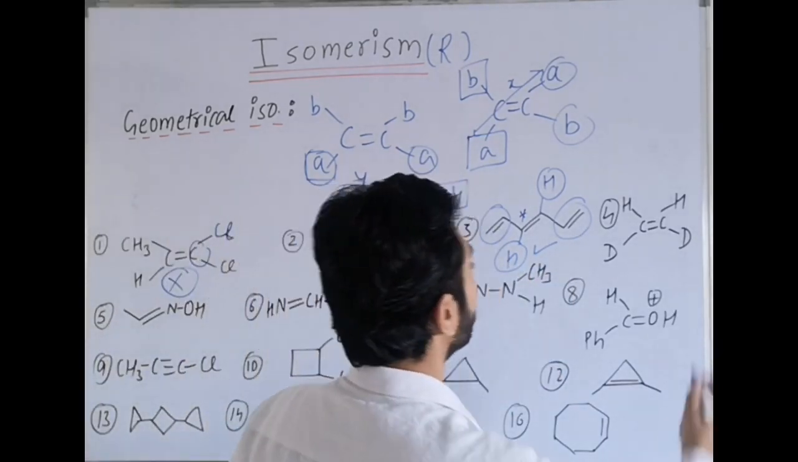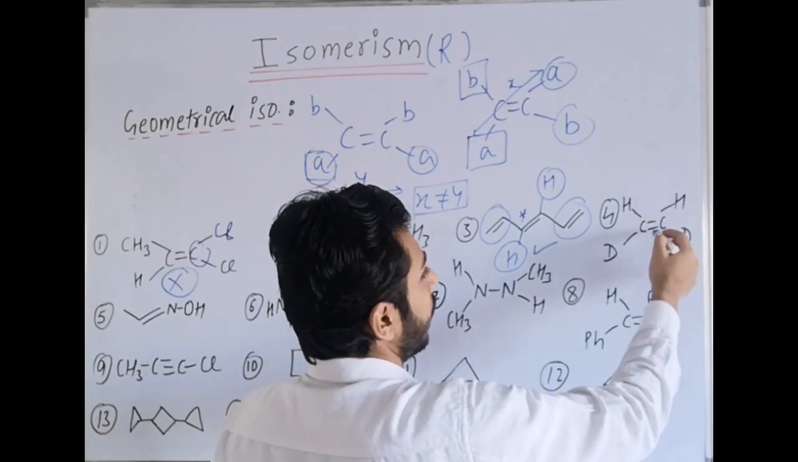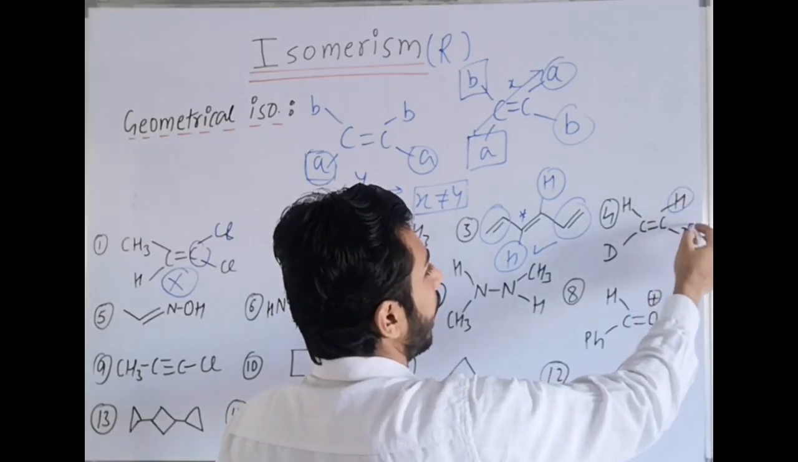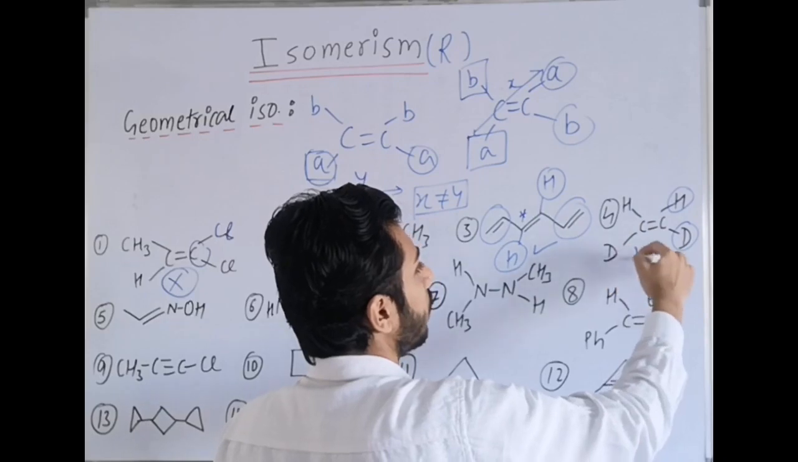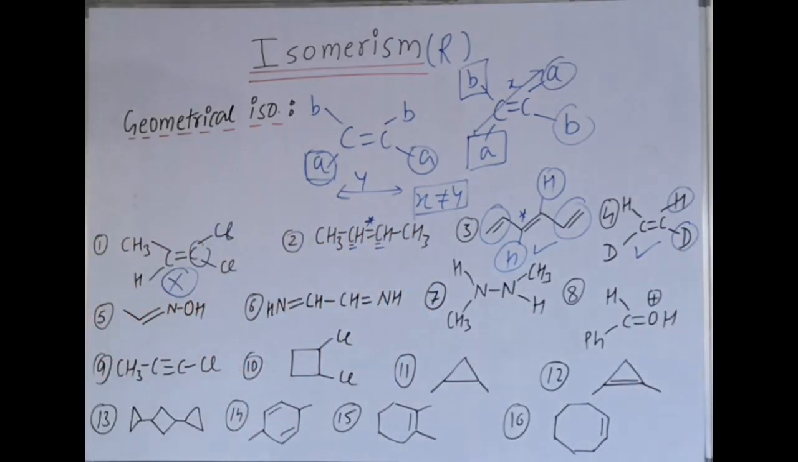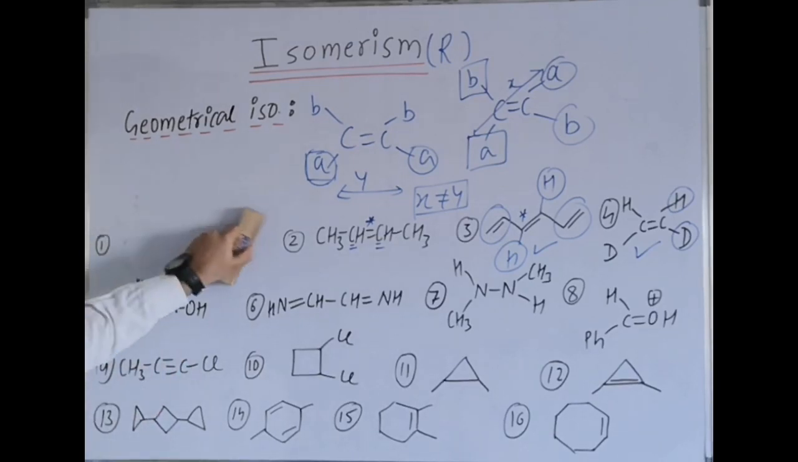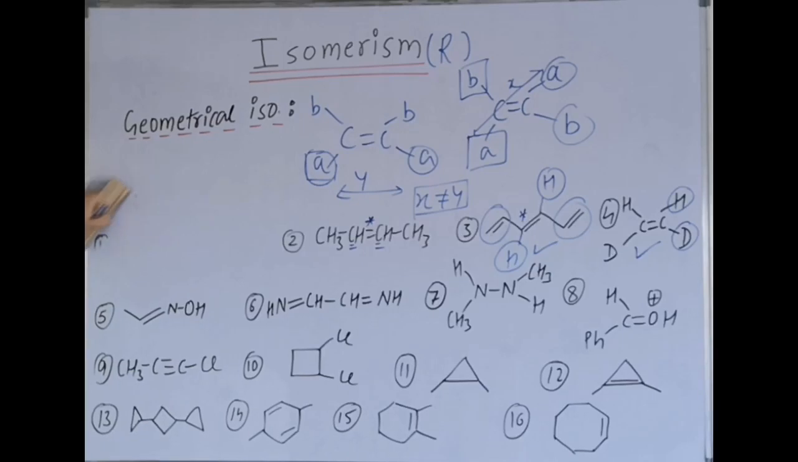Question number 4. Restricted rotation, then carbon contains hydrogen and deuterium, two different groups, left side also two different groups, it will participate. Then next, restricted rotation is there, right? Because C double bond N is present, and this carbon contains one methyl, one hydrogen, means with left side restricted